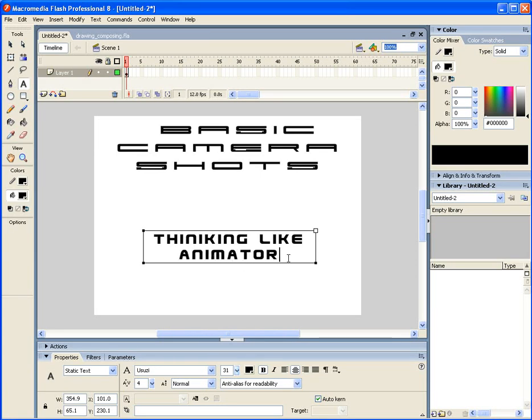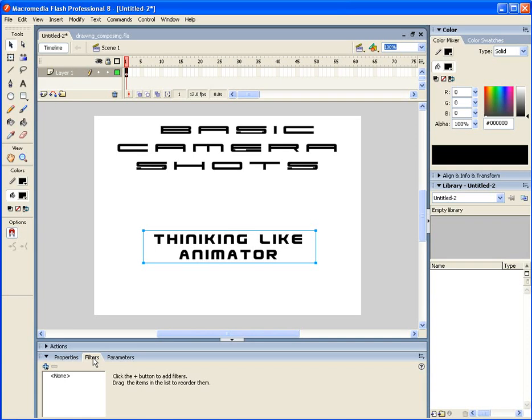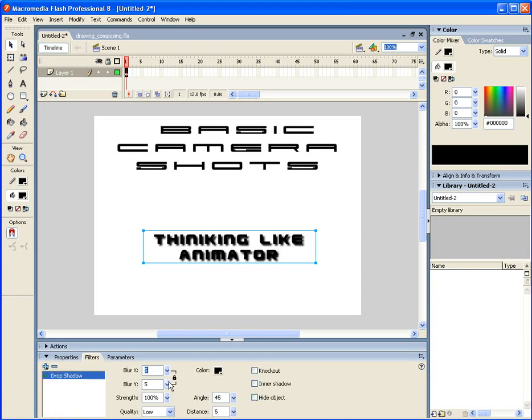And what I want to show you with this is how you can use your filters. Notice when you're typing, in your properties box down here, you've got an extra little piece over here where properties is one tab, and then filters is on the side. And filters, if you remember from Fireworks, is where you add things like drop shadows. So I'm going to go over here to the plus sign. I'm going to say, hey, I want to add a little drop shadow to that,